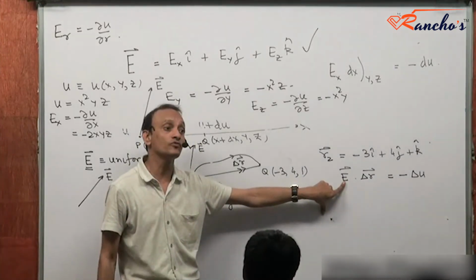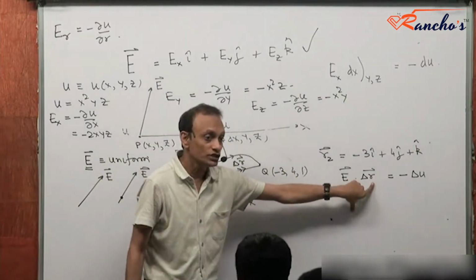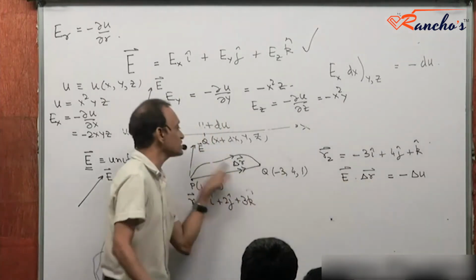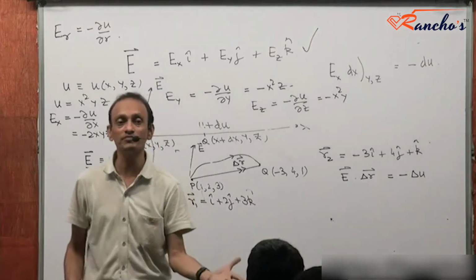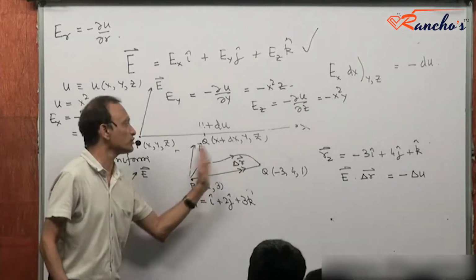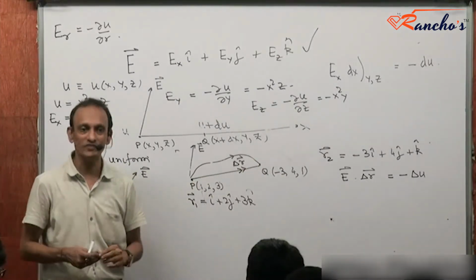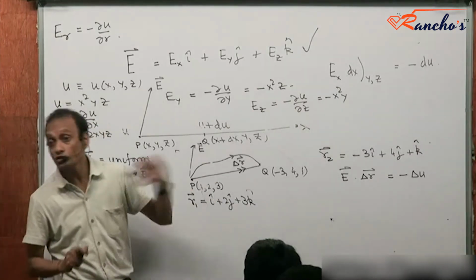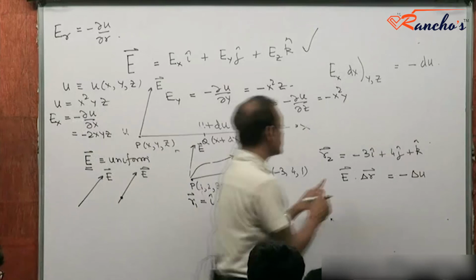Work done by a constant force, no matter what the path is, E dot displacement, E dot delta R. Even if this is the path or some other path, anyways, E is a conservative field. Work done from P to Q, no matter what path I take, will be the same. Why? Because it's a कंजर्वेटिव फील्ड, ऊपर से ये साला कांस्टेंट भी है, और भी आसान कर दिया, राइट? सो दैट्स अ वर्क.